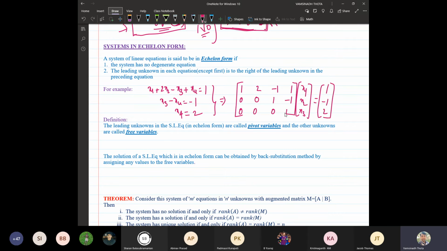So how do we find the solution for systems which are in the echelon form? Echelon form means the coefficient matrix of the system is in the echelon form, that's all. So in this case also, what can you do? You can do something called